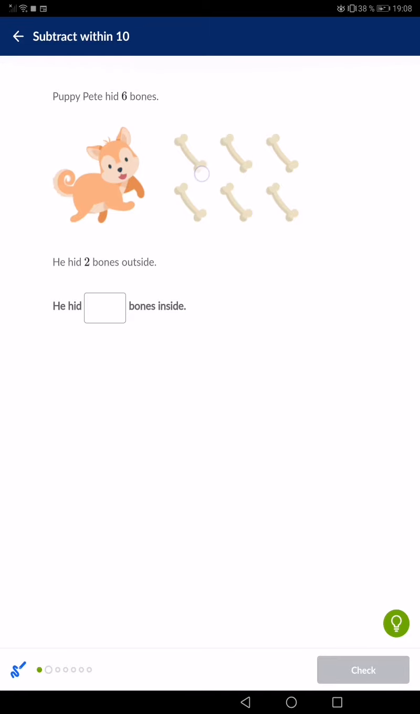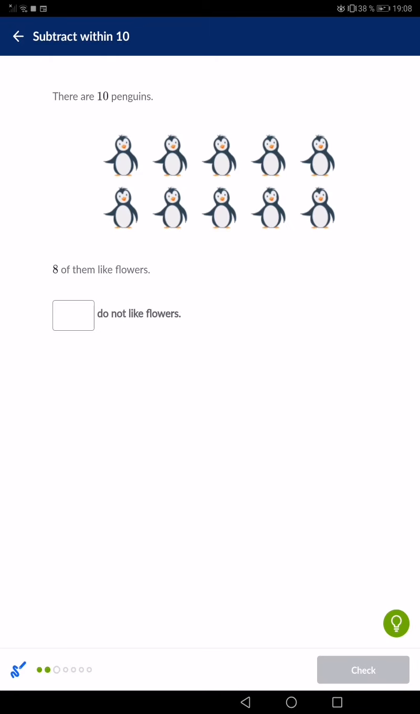Puppy Pete hid 6 bones. He hid 2 bones outside. How many inside? Well, we have no other information. This is okay. You can do this. There are 10 penguins. 8 of them like flowers. How many do not like flowers? I mean, we don't know, right? What? Okay, let's not be too